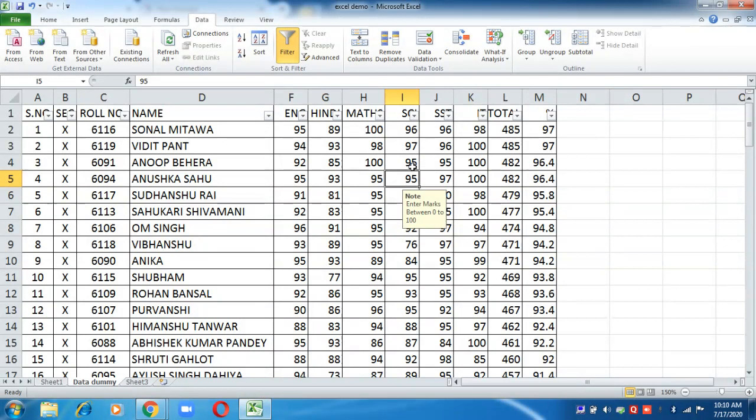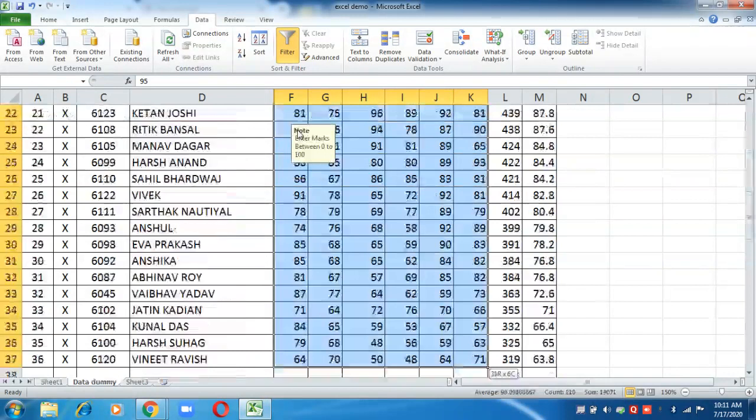to 100. And still if I try to enter marks beyond 100, suppose I'm entering here 986 and enter, I think I have not clicked on the button at the time of data validation.